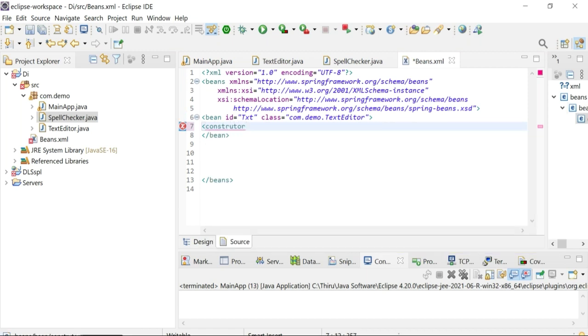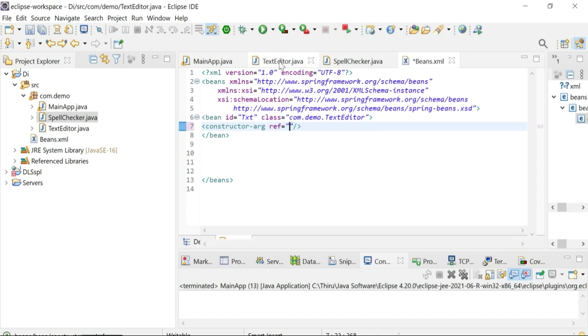So here you give the constructor-arg, and give the ref. Ref is the attribute name. Here we need to pass in the object reference.